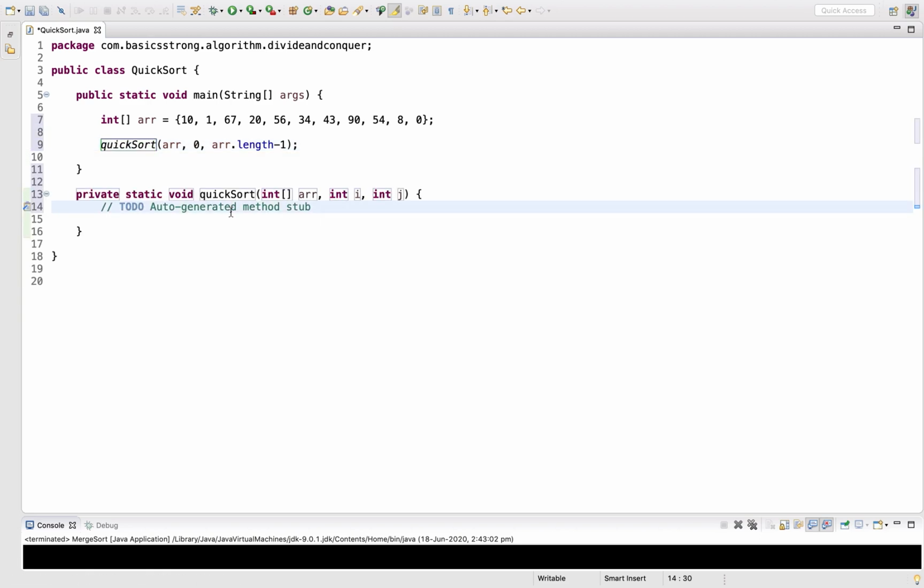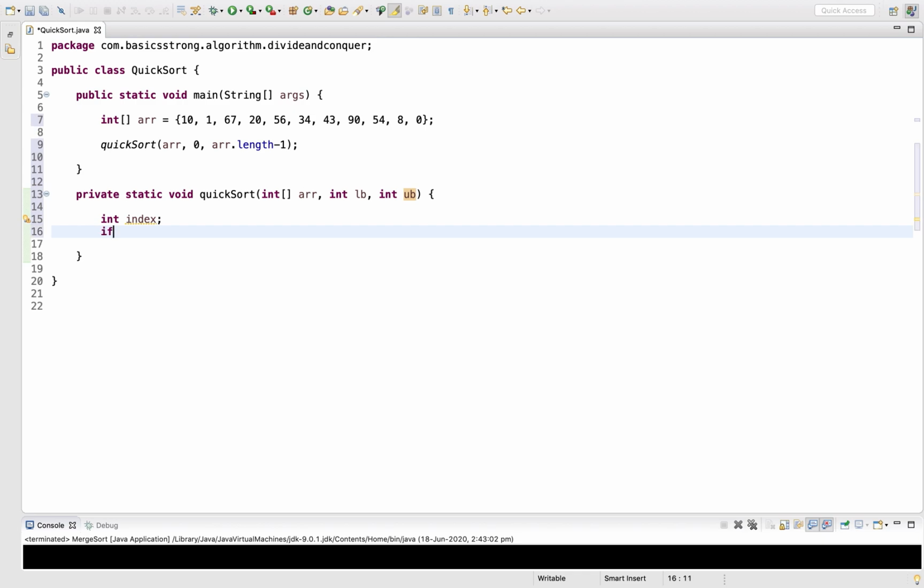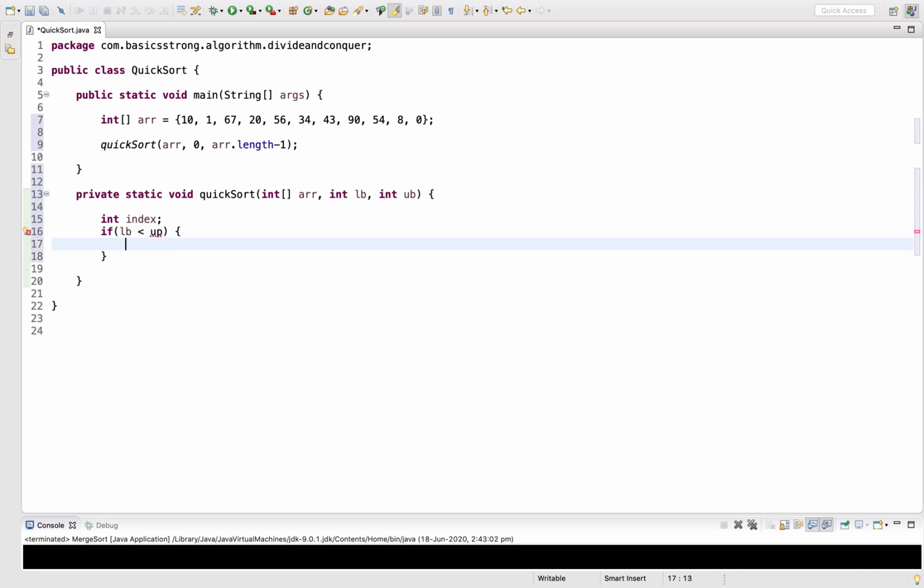and here i and j are lower bound and upper bound respectively, so let's replace them with lower bound and upper bound. Now inside this method, let's take index, where we will store the index of the pivot. So if the lower bound is less than upper bound, then we are going to call the partition method,